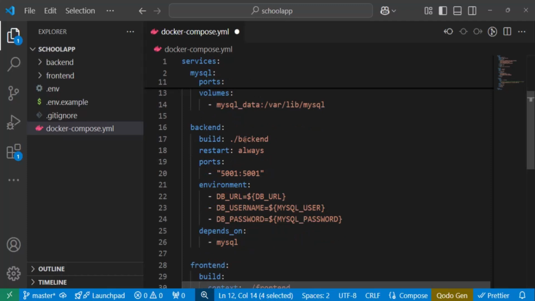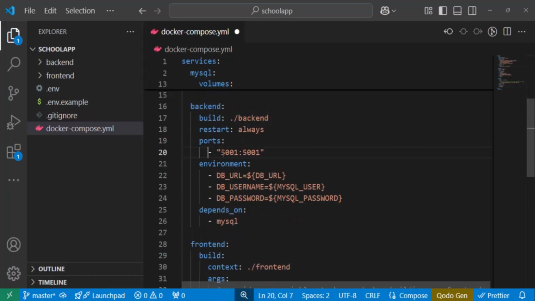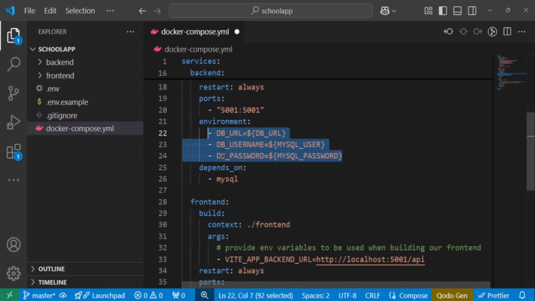So here we also have a backend service, and it is getting built by using a Dockerfile that we have created within our backend directory. And this is the port, and we have also provided all environment variables which are required by our backend project. So of course it depends on MySQL service because it is storing all the student information within MySQL